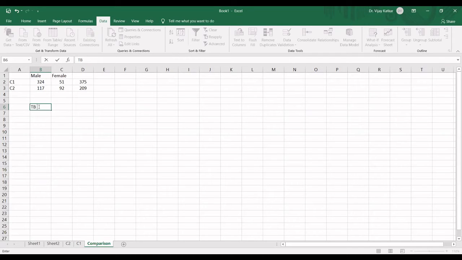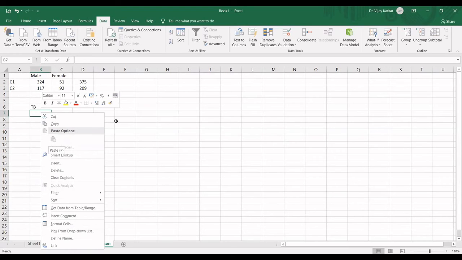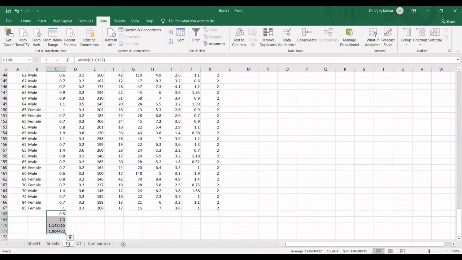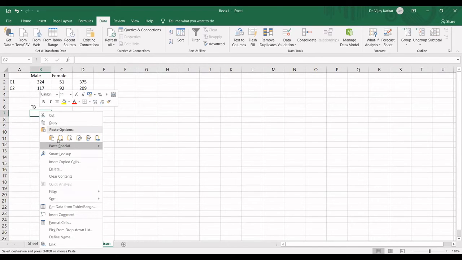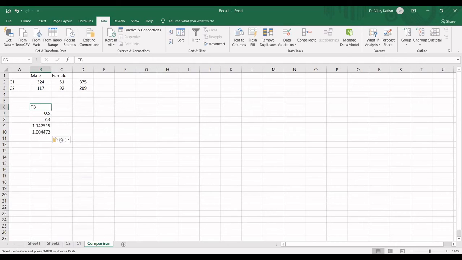I need to copy one more time, and while pasting, I'll paste only values. So this is the TB column for class 2.